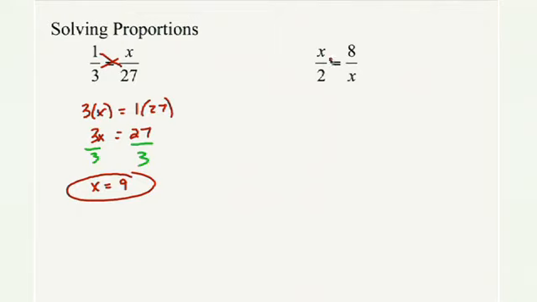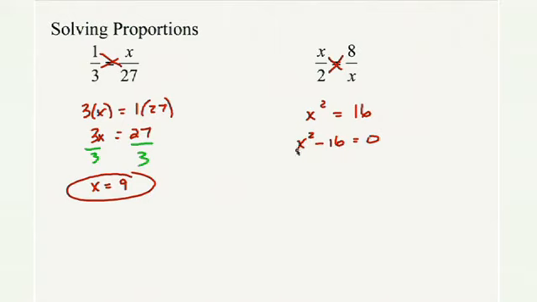Our second one's a little bit more cumbersome only because when we cross multiply, we end up with something other than just x. X times x is x squared. 2 times 8 is 16. This is a quadratic equation. We know this because of the square on the x. So in order to solve this, just as we were doing earlier, our first step is to bring 16 over. When we do this, we end up with a negative 16.